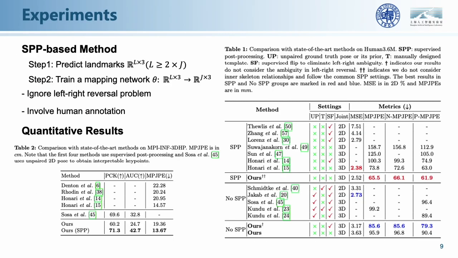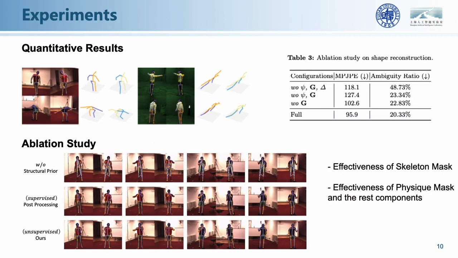Our approach achieves state-of-the-art performance on Human3.6M and MPI-INF-3DHP datasets without relying on human annotations, which are commonly used in previous methods. Specifically, Supervised Post-Processing, SPP, which trains a network to map the predicted high-dimension landmarks to ground truth results and ignores the order of key points, will not be used in our pipeline since the structure prior is considered. There are quantitative results and an ablation study to validate the effectiveness of our proposed components. As anticipated, using the skeleton mask allows us to model the human structure without the need for SPP.